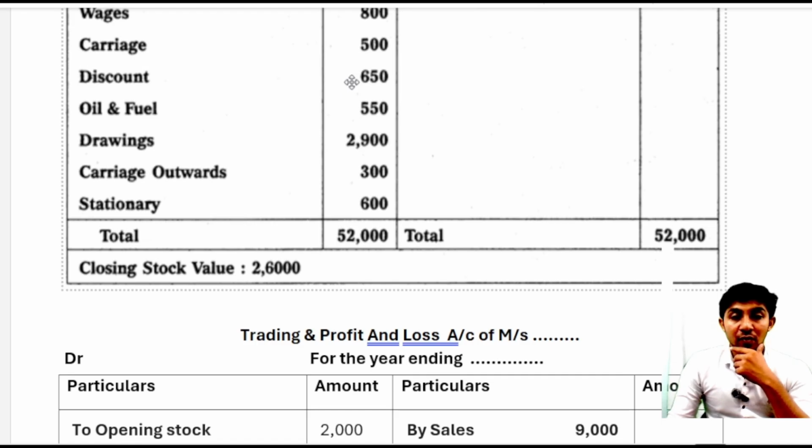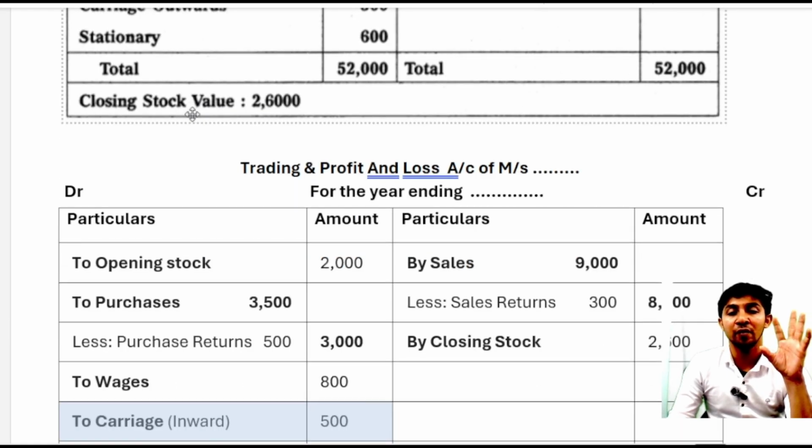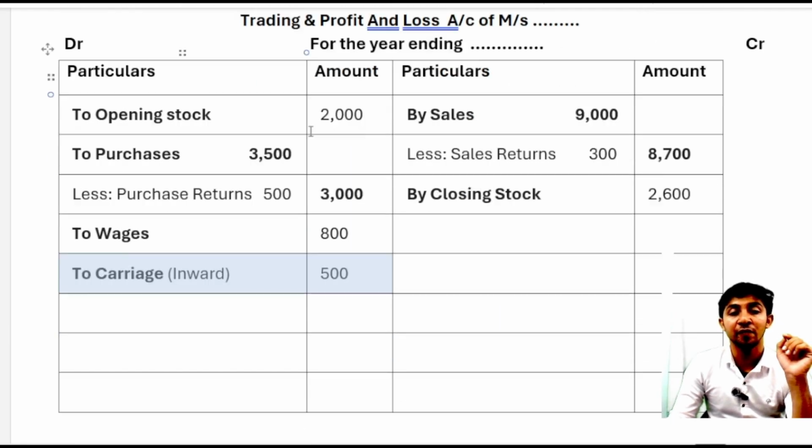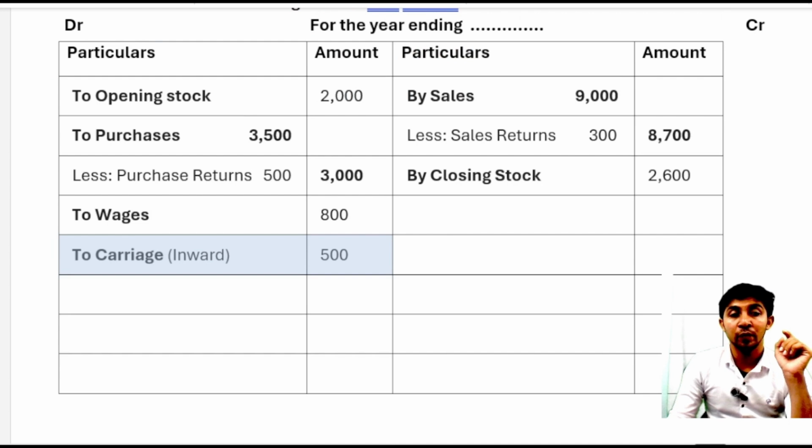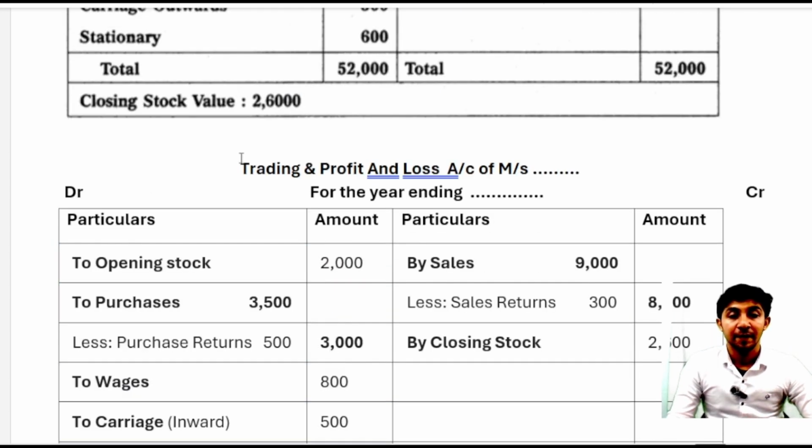Then after that, discount is a loss and every loss must be considered on the debit side of profit and loss account. Oil and fuel is the expenditure of factory and all the expenses of factory must be considered on the debit side of trading account. What we'll do, we'll move towards the debit side of trading account and we'll write oil and fuel, that is 550. Then after that,